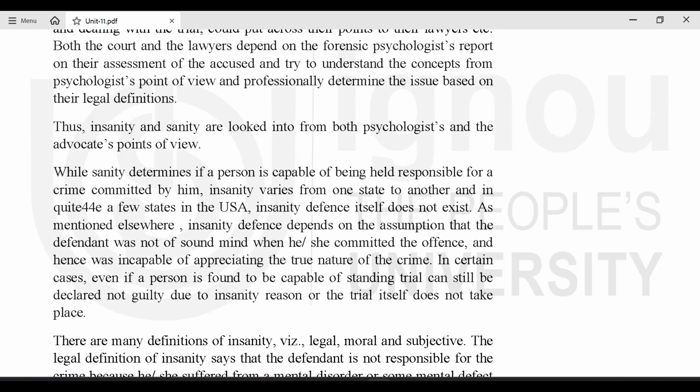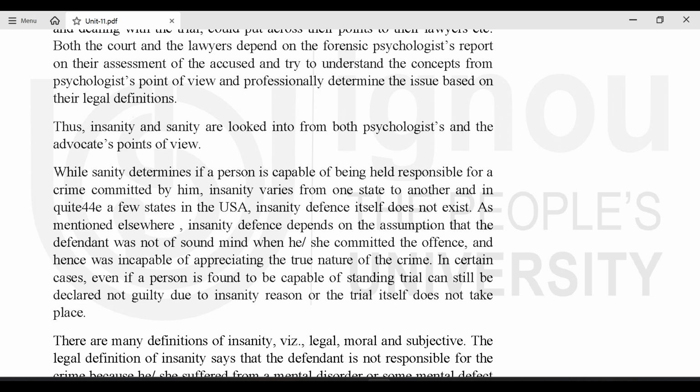Both the court and the lawyers depend on the forensic psychologist's report on their assessment of the accused, and try to understand the concepts from the psychologist's point of view and professionally determine the issue based on their legal definitions. Thus, insanity and sanity are looked into from both psychologists' and the advocate's points of view. While sanity determines if a person is capable of being held responsible for a crime committed by him,